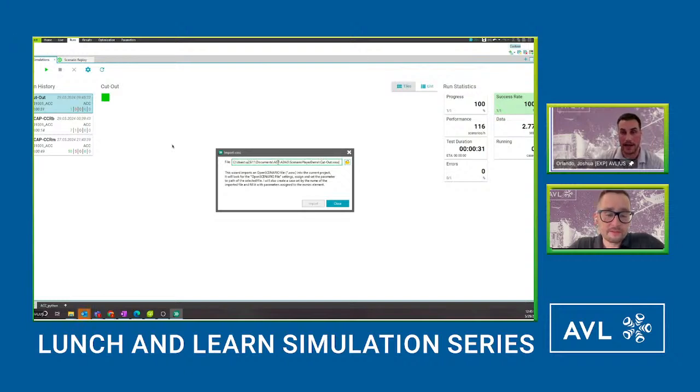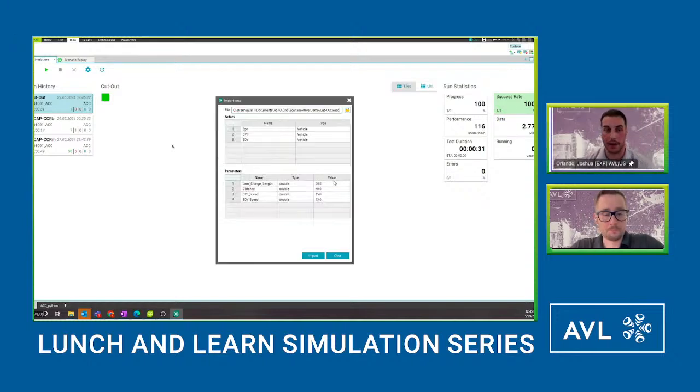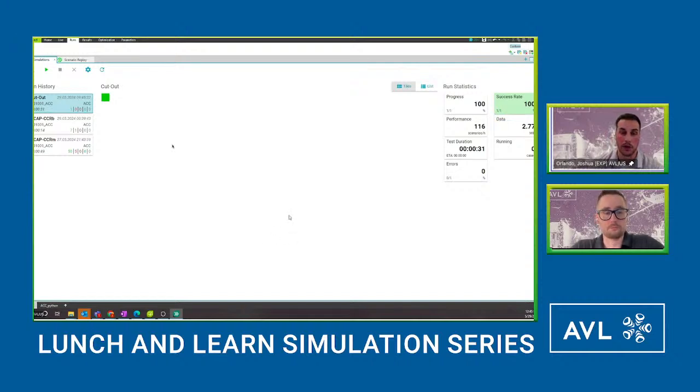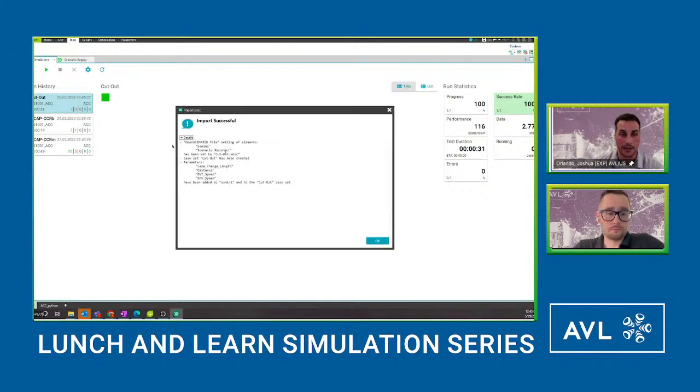So this is just based on my documents. It's a cutout OpenScenario file. From here, if I just press enter, we can see that not only do we understand the scenario by pointing out the actors and the parameters available in the scenario, but also as we import this, we will get a dialog box showing that the simulation understands and replaces the files and parameters necessary, as well as identifies those new parameters that have been updated or are available in the scenario itself.